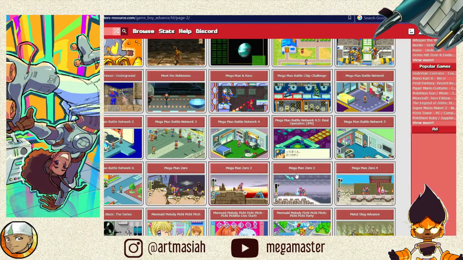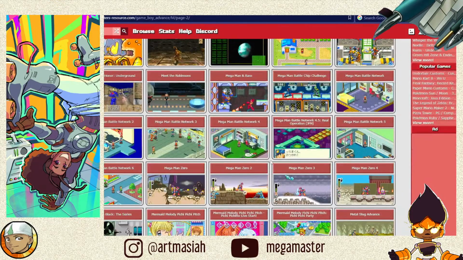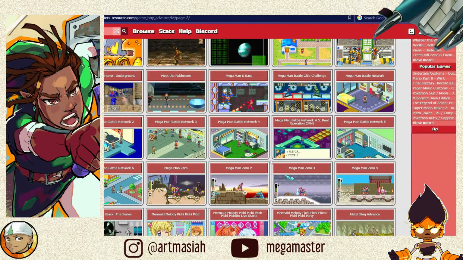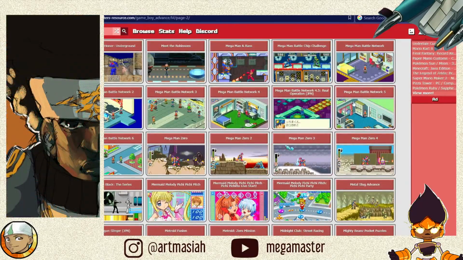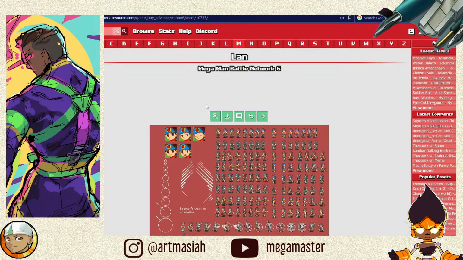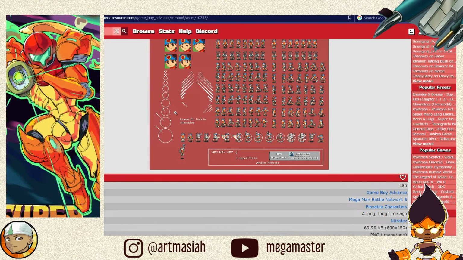Okay, so I think 6, 5, and 2 has the most artwork that I want to make use of. So I'm going to start grabbing some of this artwork out of here and then bringing it over into Clip Studio Paint. So just give me a moment as I select what I want to make use of and start with. That's a pretty cool animation.